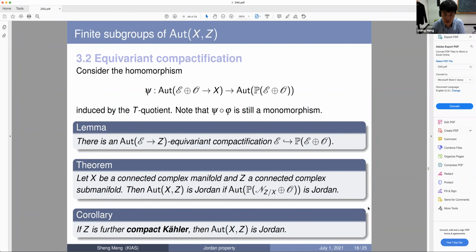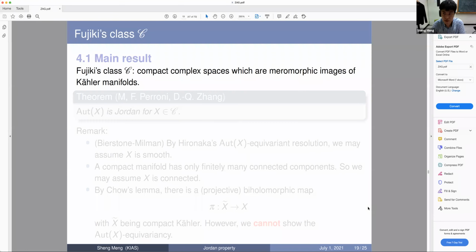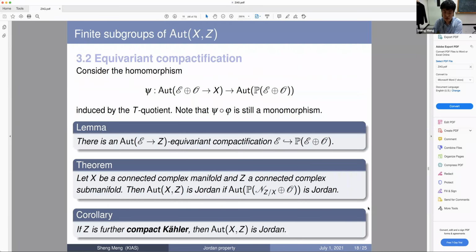Okay. Okay, any question? If no, I'll move to